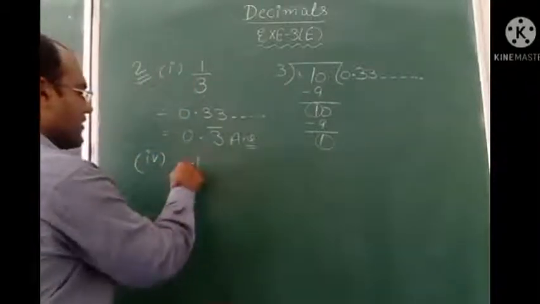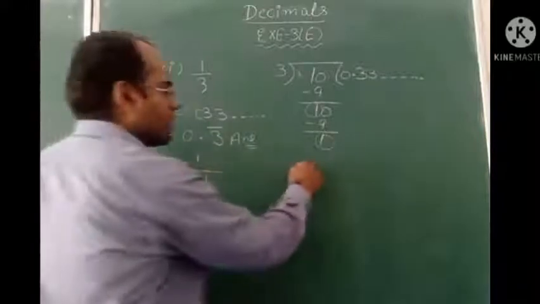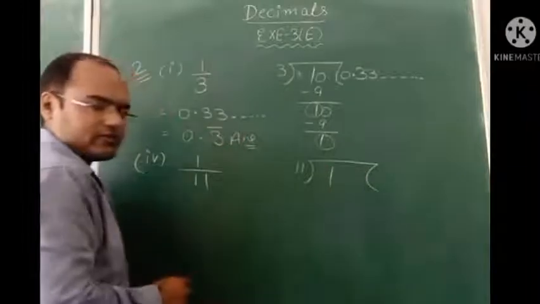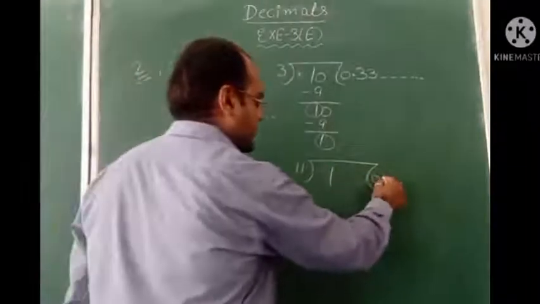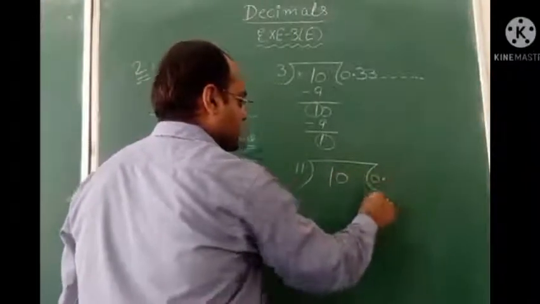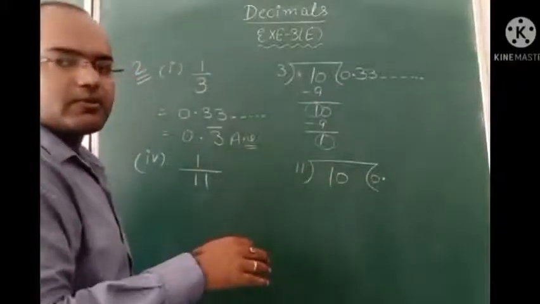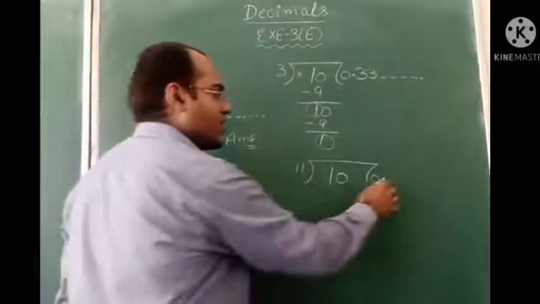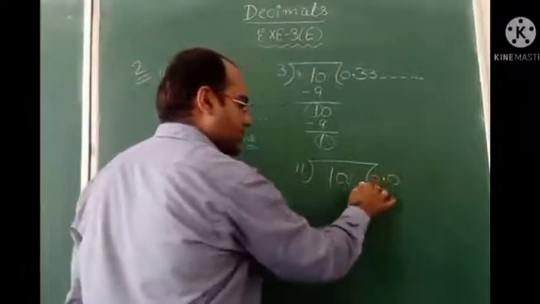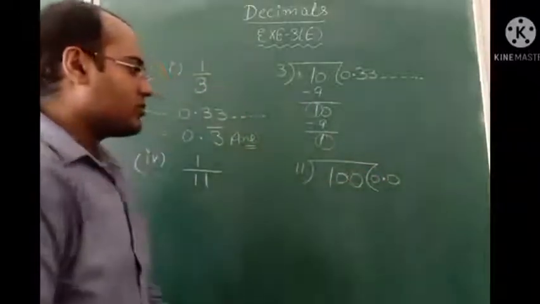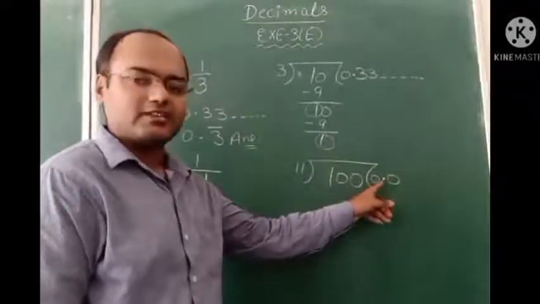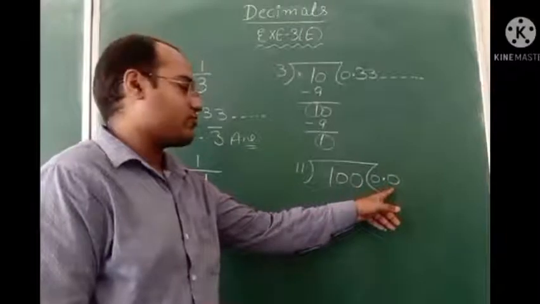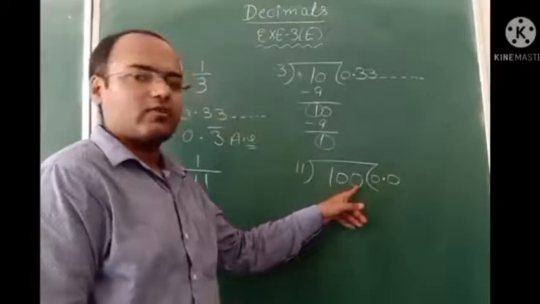1 divided by 11. So first of all we have to divide with the table of 11. 1 is not divisible by 11, so we will take decimal in the answer and we will take here 0. 10 is not divisible by 11. Again this number is smaller, so what we have to do, 1 0 we have to add in the answer and 1 more 0 we will take here. So first 0 we have taken with this decimal. After that 1 more 0 we need, so in the answer also we have to put 1 0 and here also we will use 1 0.